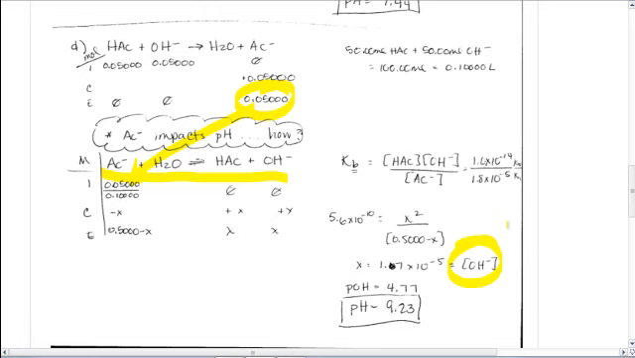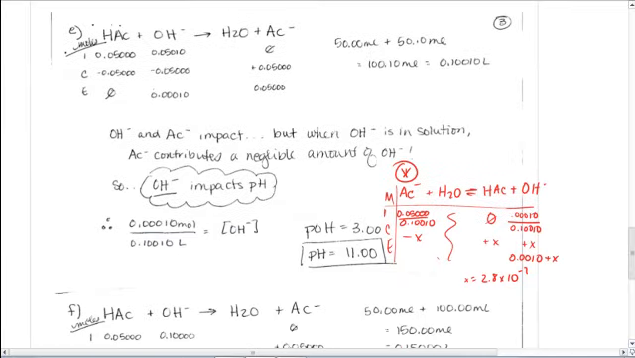What happens in part E? What shifts? What's different now? Danny? The OH minus is in excess. Right, the OH minus is in excess. So as we look at part E now,